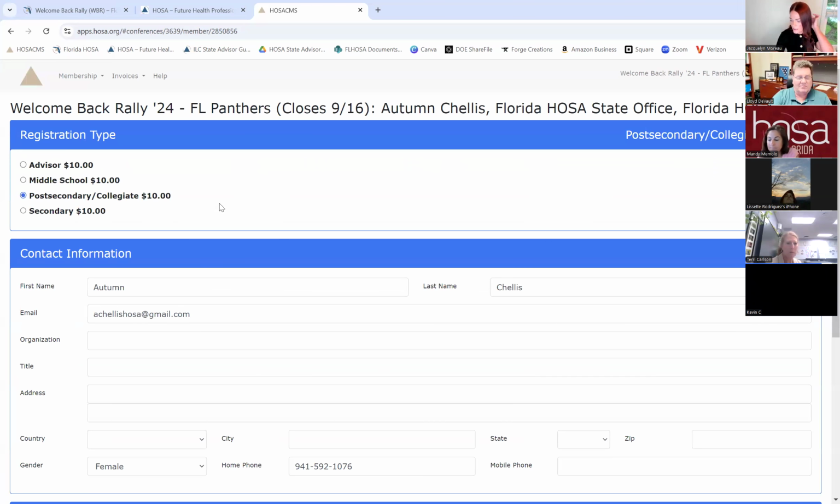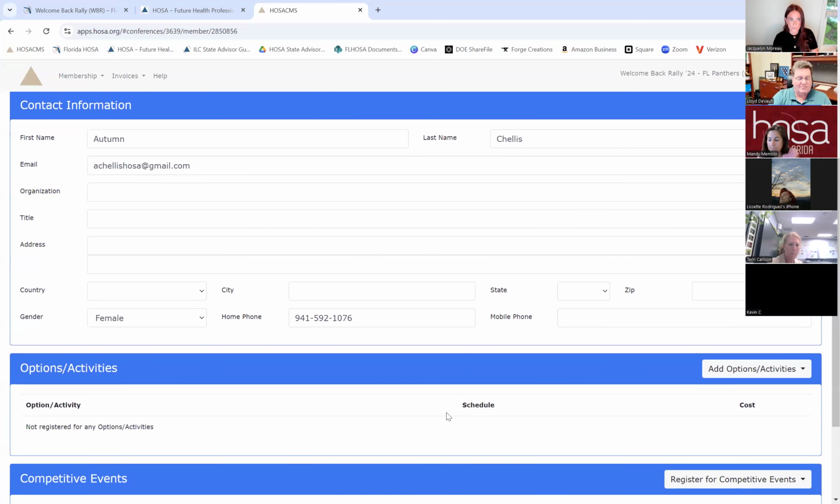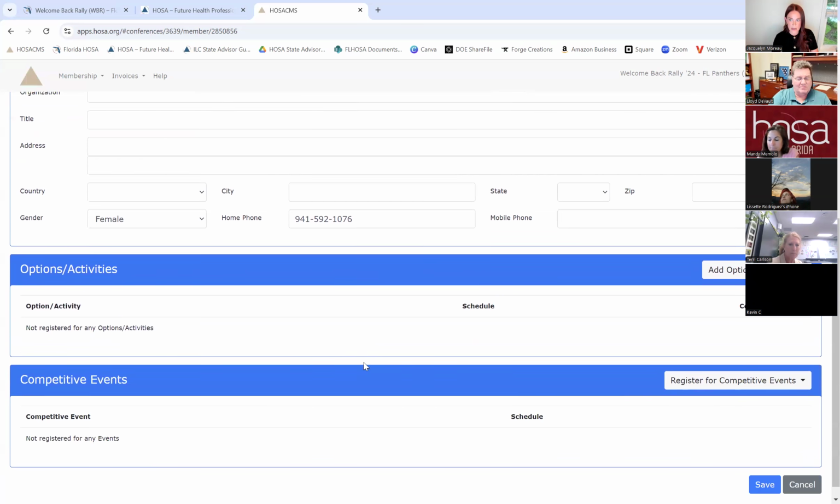It will pre-populate what you've affiliated them as. So it will already pre-populate whether it's an advisor, middle school, post-secondary, collegiate, or secondary, if you selected that when you affiliated, which you should have because it's a required field. The contact information will be pre-populated based on what you affiliated them as. Options activities, I will go through that when I discuss FLDA, but there are no options activities for the Welcome Back Rally, so you can just ignore this box. And then there are no competitive events for the Welcome Back Rally either, so you can ignore the competitive events box. And then if you go down here and press save,